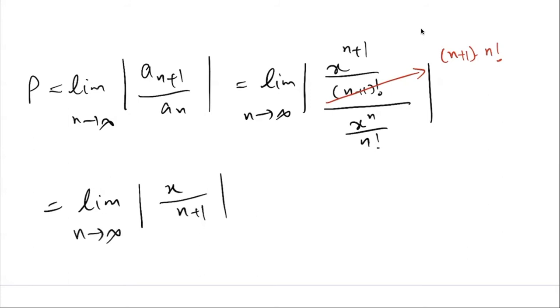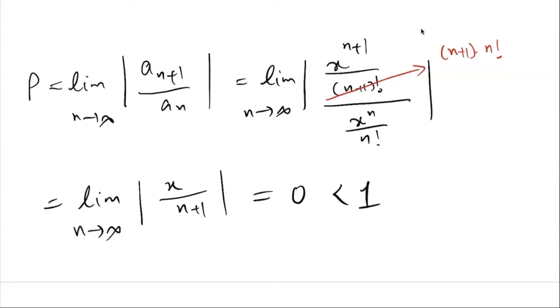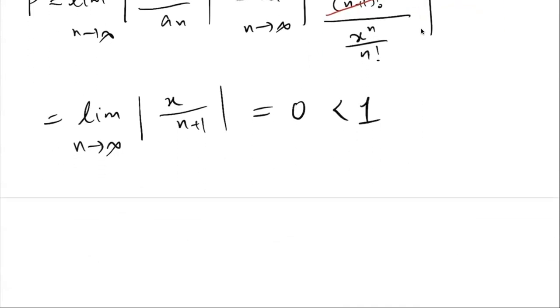And x here is a fixed number. The limit is over n. So any fixed number divided by infinity will be 0. So the answer will be 0, which is less than 1. So rho will be 0, which is less than 1. Therefore, we will have convergence according to the ratio test. So by the ratio test,